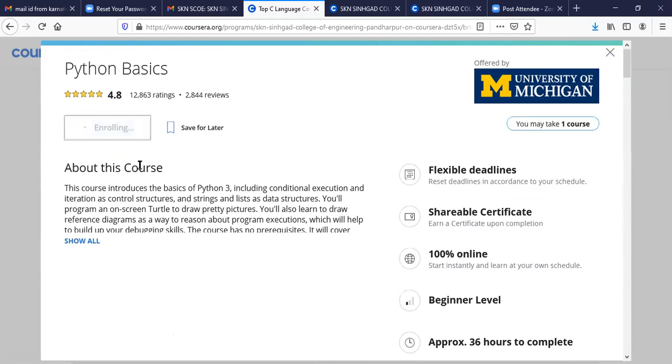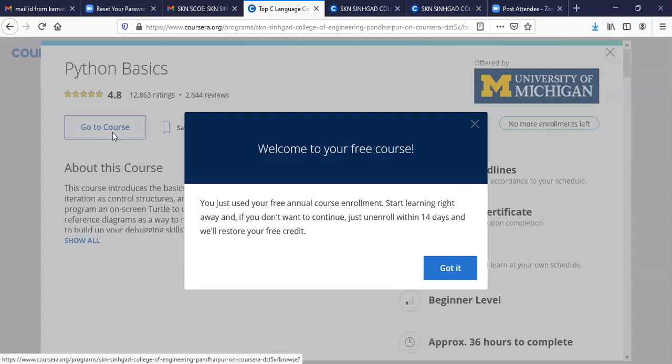So if you click on enroll, it will enroll. Yes, see here, enrolled. And you just used your free annual course enrollment. Start learning right away. And if you don't want to continue, just unenroll within 14 days and we will restore your free credit. Note, within 14 days you have to unenroll from the course if you are not going to complete it.